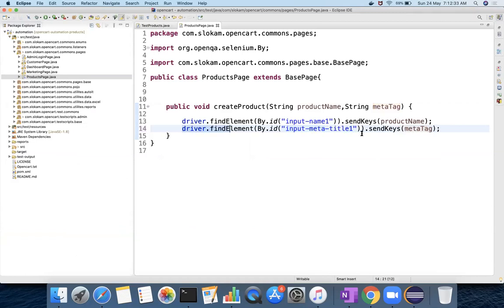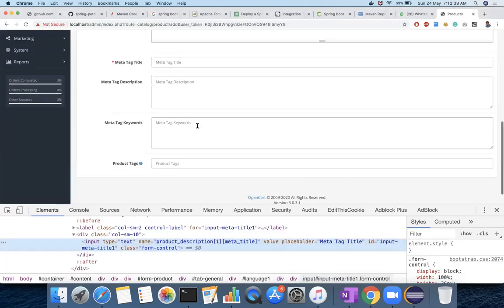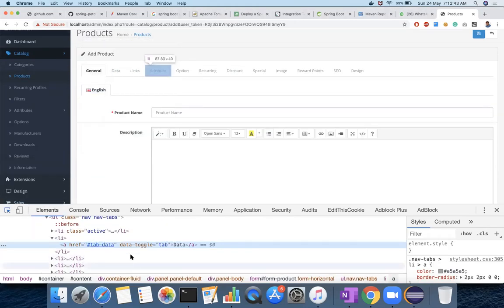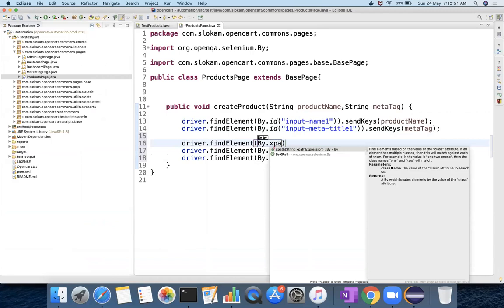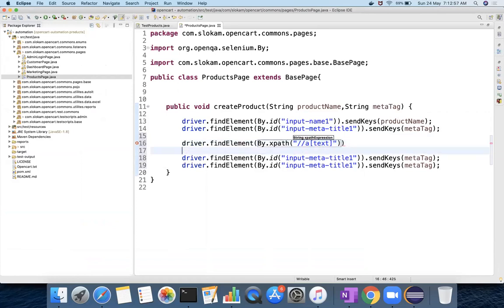This is the one, and then we are going to click on data. driver.findElement(By.xpath) with a text.